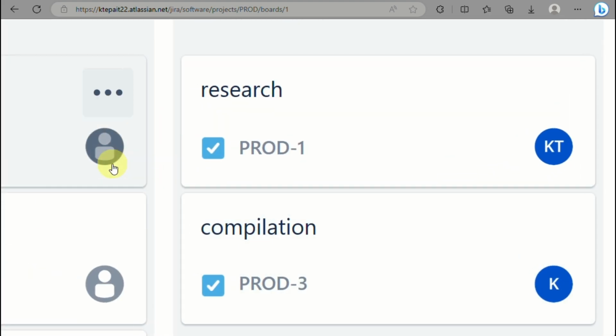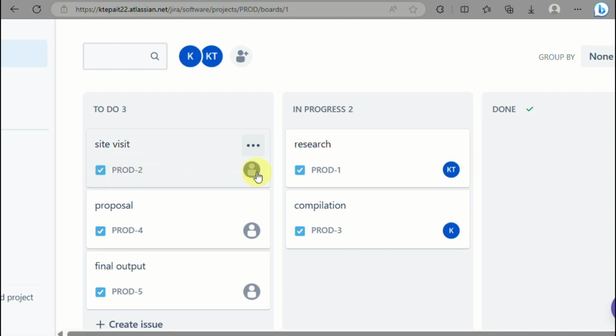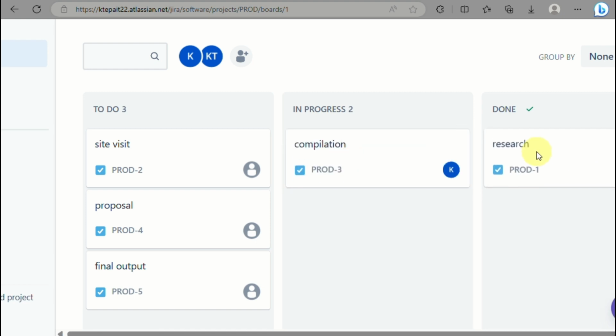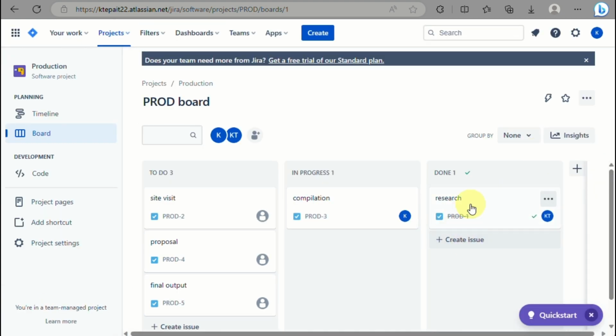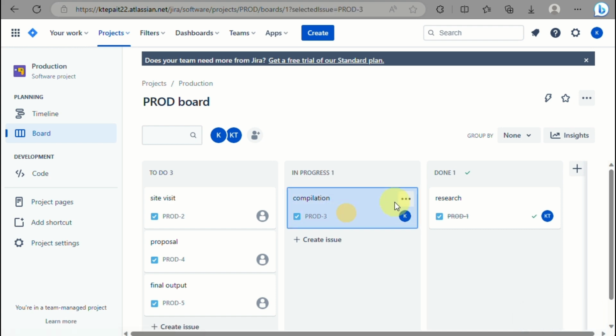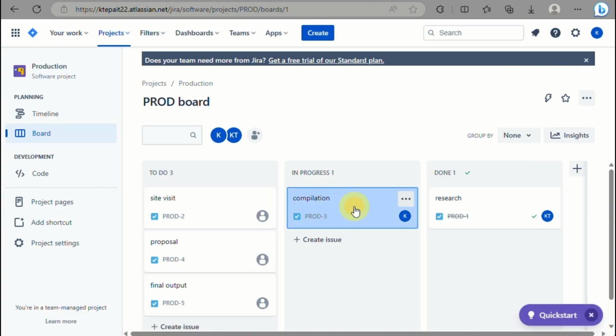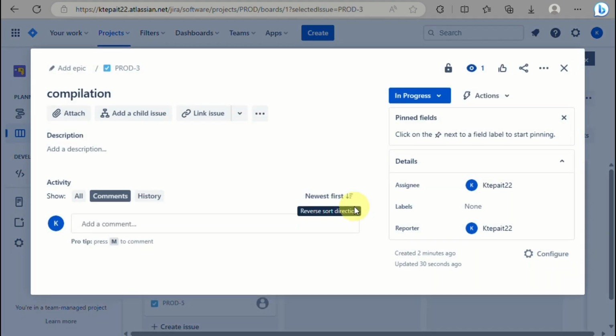So you already have the compilation research in progress. And once everything is done, for example, you have completed research, you can simply just drag and drop that into the done column. And if you want to add more columns, you can simply just click on the plus icon beside the done column. So if you want to add progress into your task, you can just simply click on